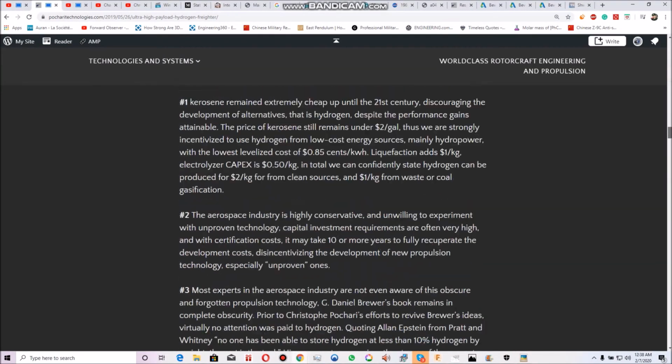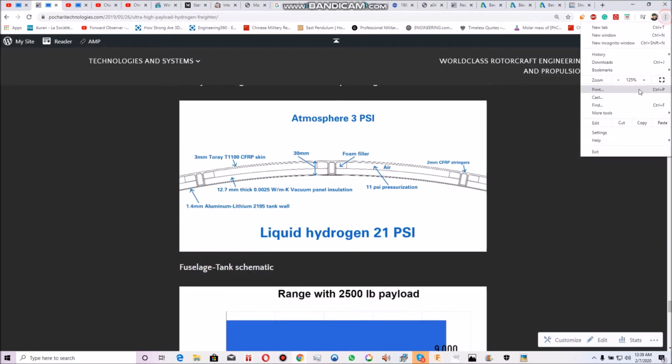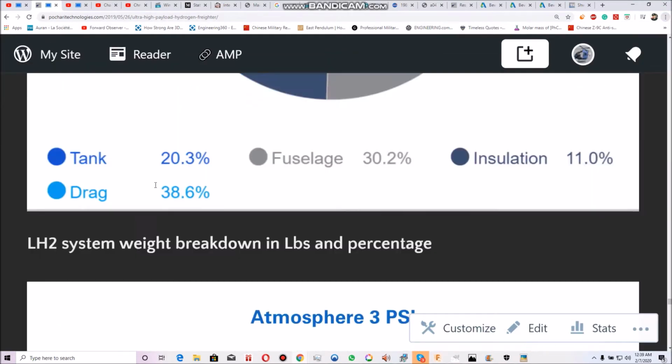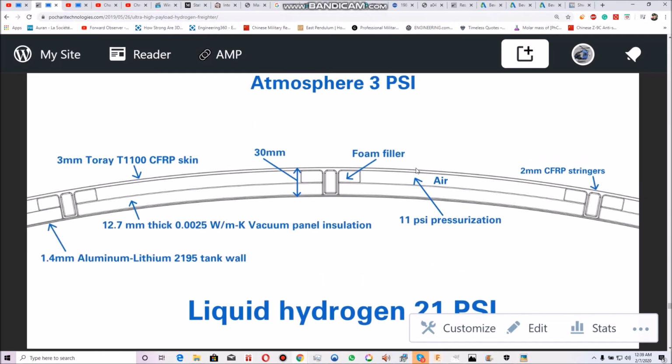You can see how it's configured. We have the tank wall. So that would be the structural skin of the aircraft, which could be made of carbon fiber. You want to isolate the carbon fiber from the cryogenic temperature of the tank. Then we can have a metallic aluminum tank. Then our vacuum insulation up against the metal tank wall, and then air passing through here to maintain pressurization differential